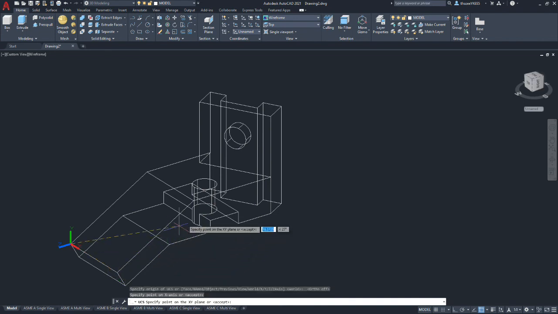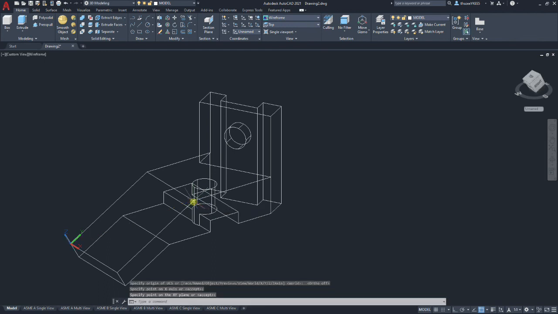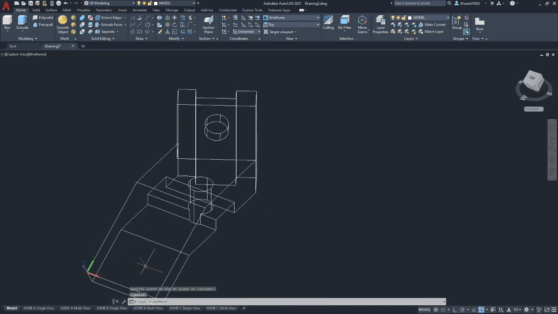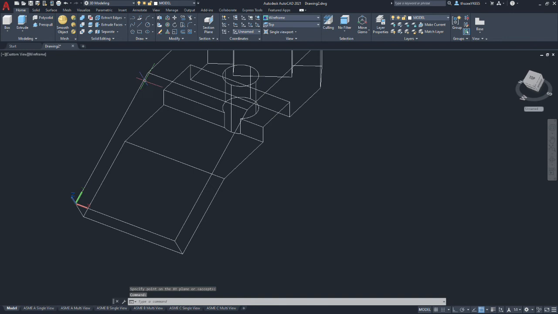And then it's asking for a third dimension in the XY plane. So we'll pick any other corner of the plane we're going to work in, which is this one. Now the UCS is oriented so that X and Y is in line with this plane here. Let's create some construction geometry. We're going to go from origin. We're going to turn on ortho, which should snap to the user coordinate system plane we're in, and create a line from there.